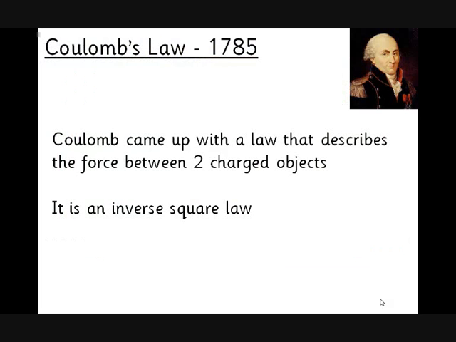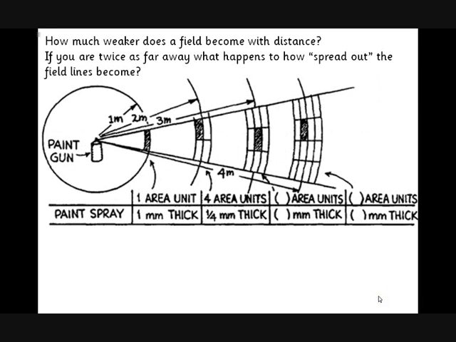using Coulomb's Law. So Coulomb's Law came about in 1785. He came up with a law that describes the force between two charged objects. Now the most important thing to remember is that it is an inverse square law. Just in case you have forgotten what we mean by an inverse square law, you may have seen this before